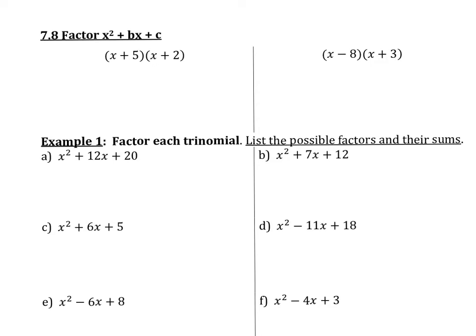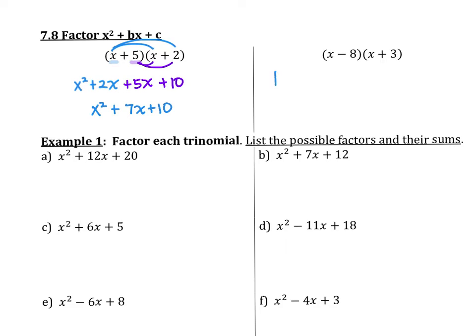We've learned two methods for multiplying. The first is to distribute the x, or use distribution, so x times 2 is x squared plus 2x. And then I distribute the 5, so plus 5x plus 5 times 2 is 10. And then I get for my final answer x squared plus 7x plus 10. That's when I multiply it out. I'm going to multiply out the next pair too, and then we're going to go back and look at the